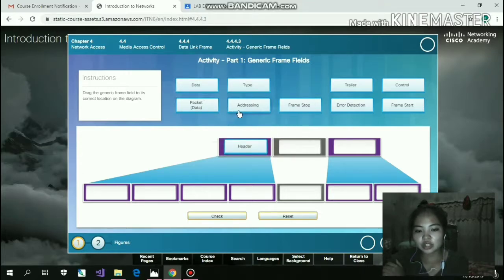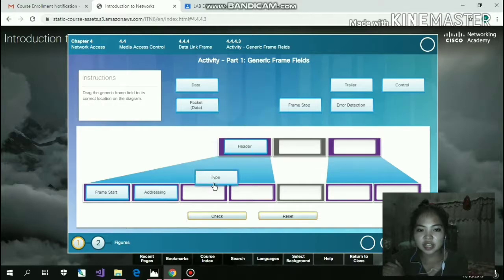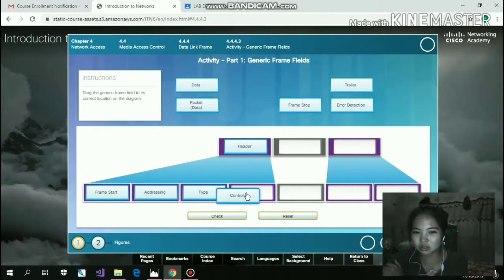Under the header, it is the frame start. The next from the frame start is addressing. Next from the addressing is the type. Next from the type is control, and the next from the control is